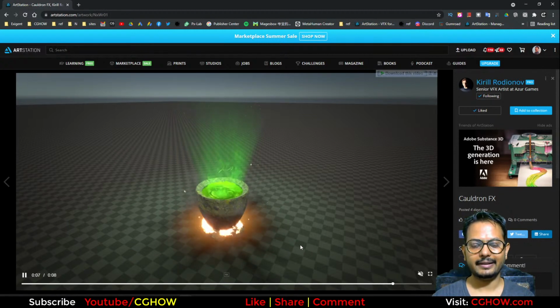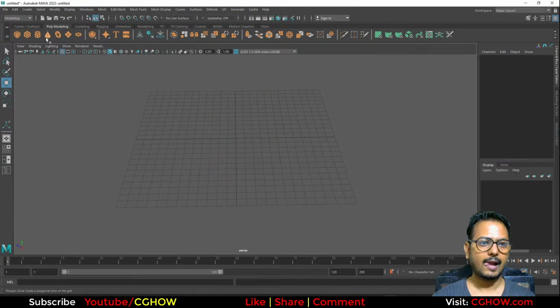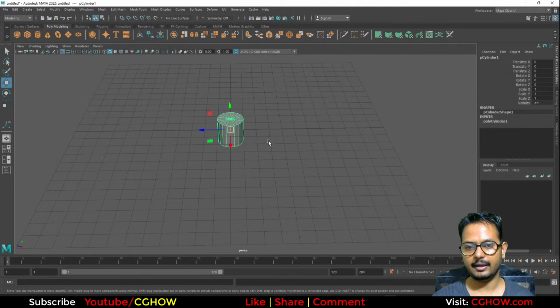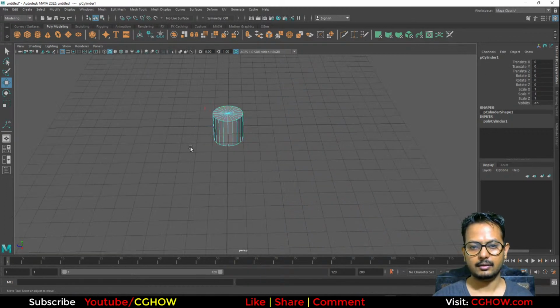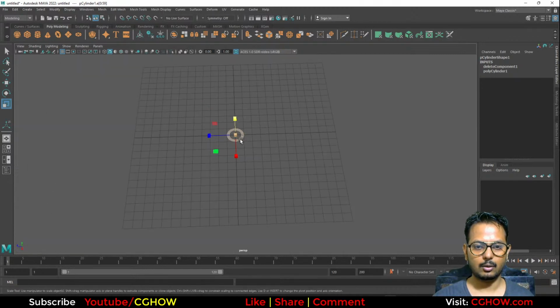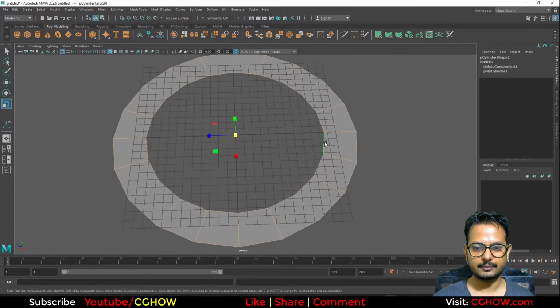So for that I need a disk. So here I will create a cylinder, and then delete top and bottom, and scale this, and then scale this here. So now I have a disk,